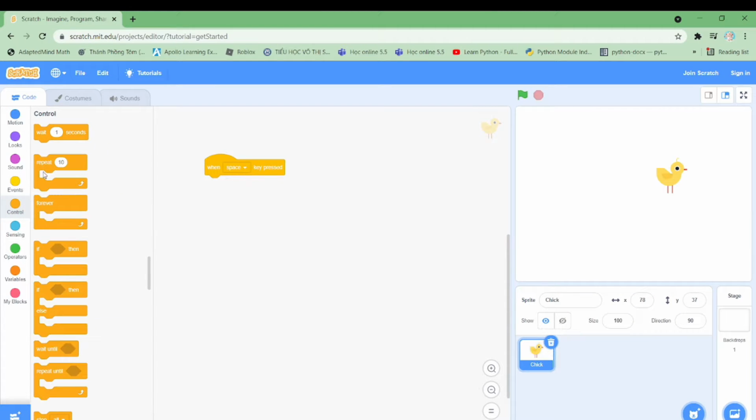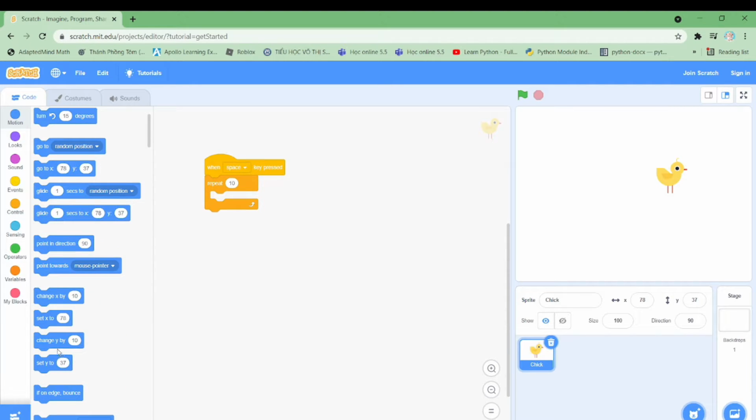Next, use a repeat block. Change the chicken Y by 10 and then duplicate. Change the Y